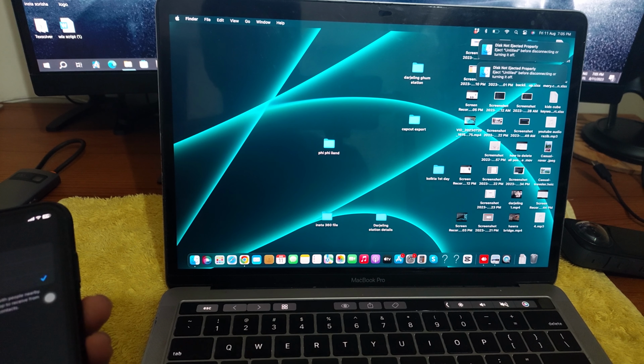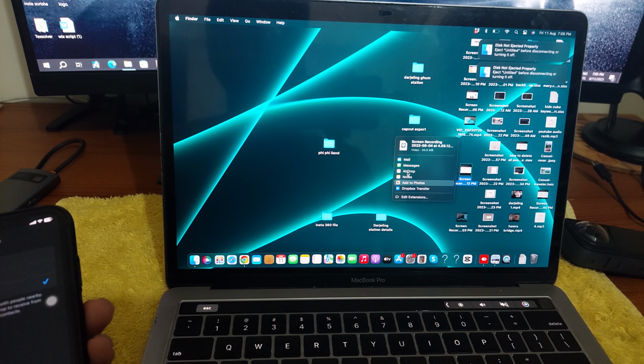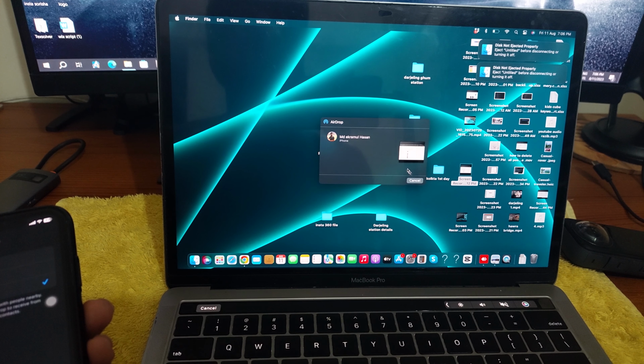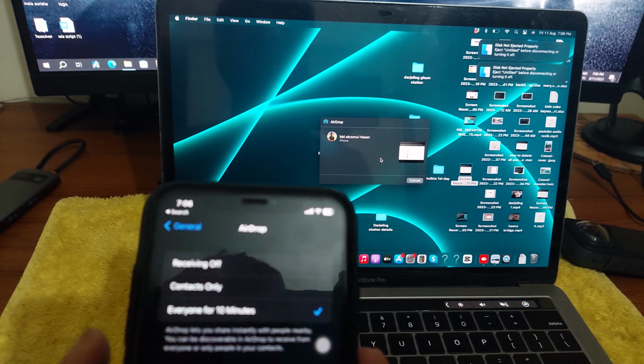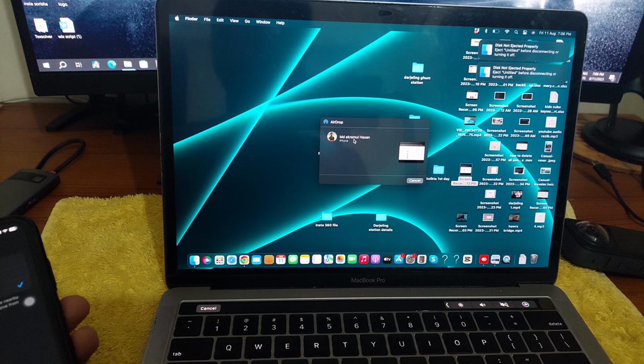Then you need to select the file that you want to transfer to your iPhone. Right-click with your mouse and press Share. And then you see the AirDrop option. My iPhone AirDrop is already on. So you see my iPhone here, with my name. You need to select it, press on it,